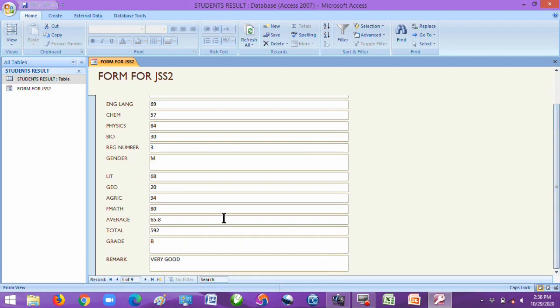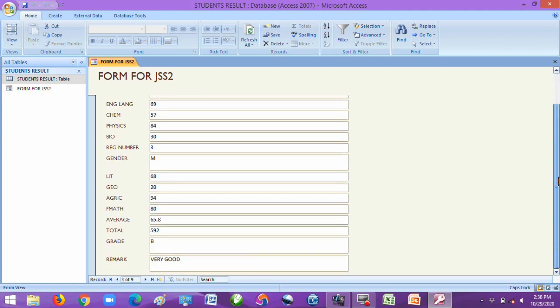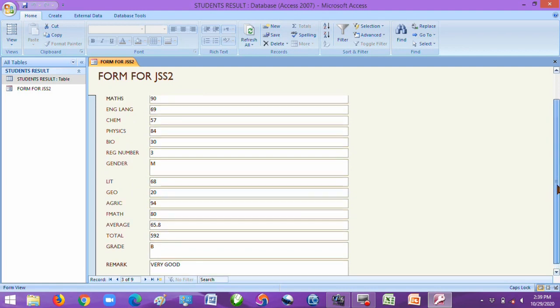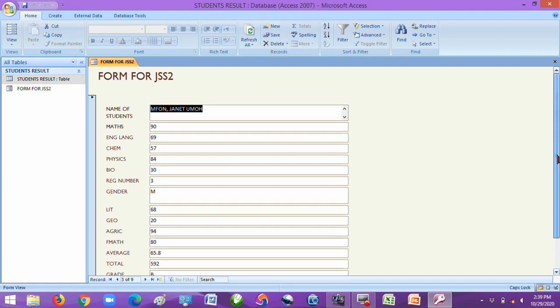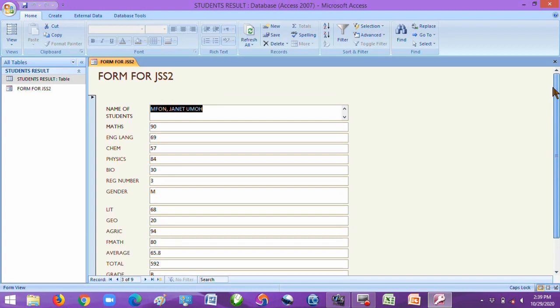Irrespective of the total number of persons that you have in that particular class, you will now have records for each of them. And one page of the record will be for one person, one record for one person. You can never have another person's record within the other person's record. One person per record.